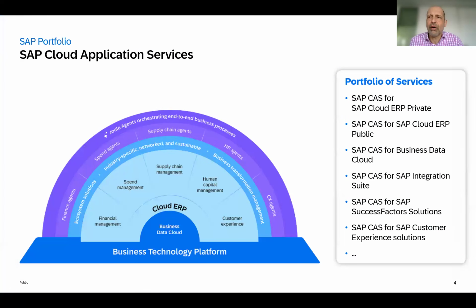Good. So about the overview. First of all, what is important to know is, as you most probably know, the architecture picture, the high-level picture you can see on the left side. SAP has a business technology platform where on top of the business data cloud is used as a data warehousing and data management solution. And this data and the BTP serve more or less as the basis for our cloud ERP solutions. In the cloud ERP solutions, you have the different lines of business, like you can see here, spend management, human capital management. And all this is more or less then supported and orchestrated by the use of agents.